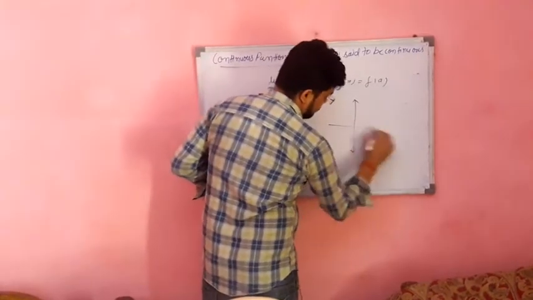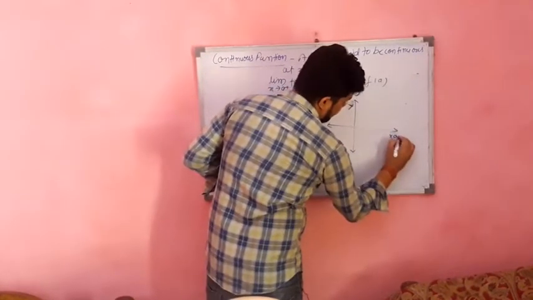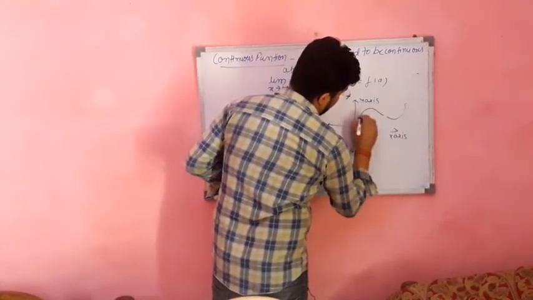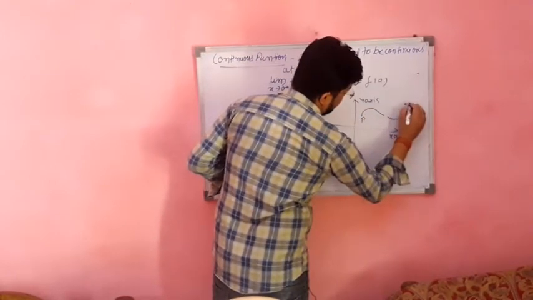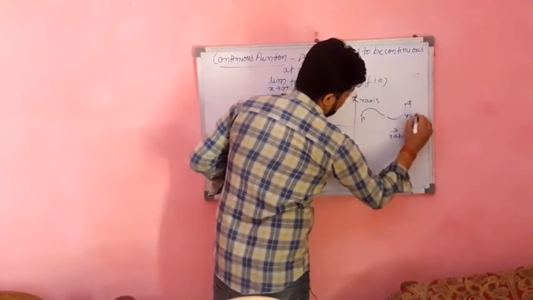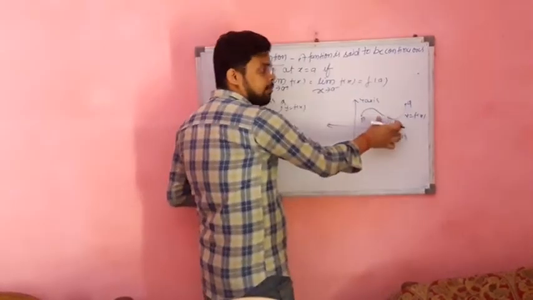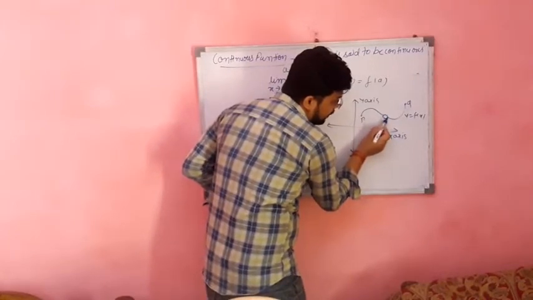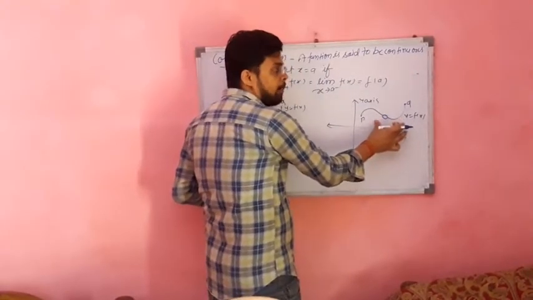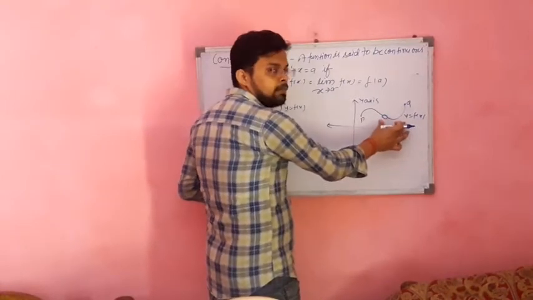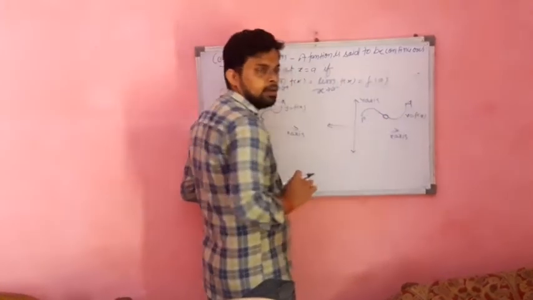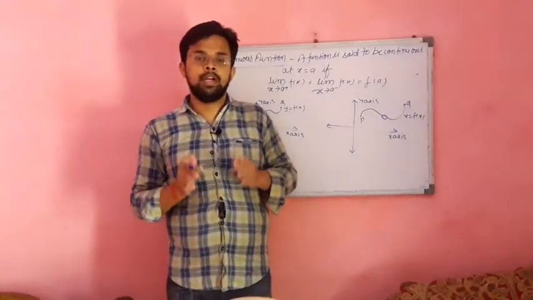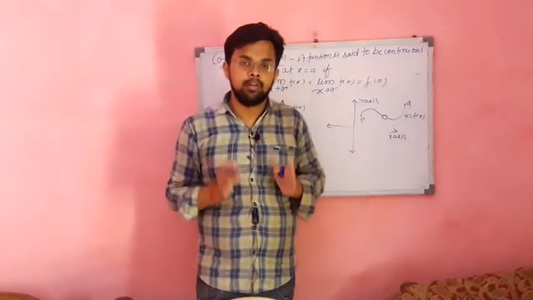Let this be the x-axis, this be the y-axis. Let this be the graph for y is equal to f of x. This is point P and this is point Q. Students, see this graph carefully. This graph is breaking at this point. This graph is breaking at this point. So this graph will not represent a continuous function graph, because it is breaking at this point. Understood? In this way you can easily understand which is a continuous function graph and which is not.